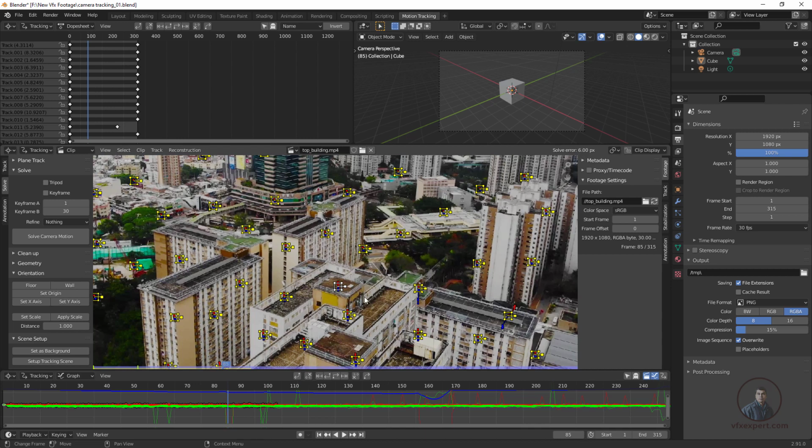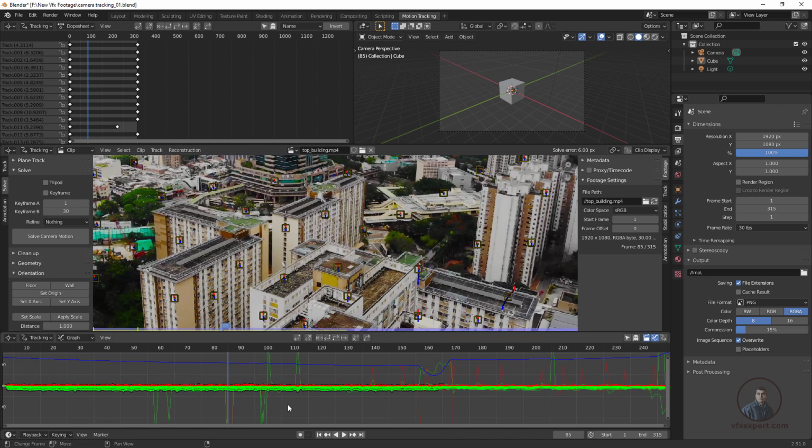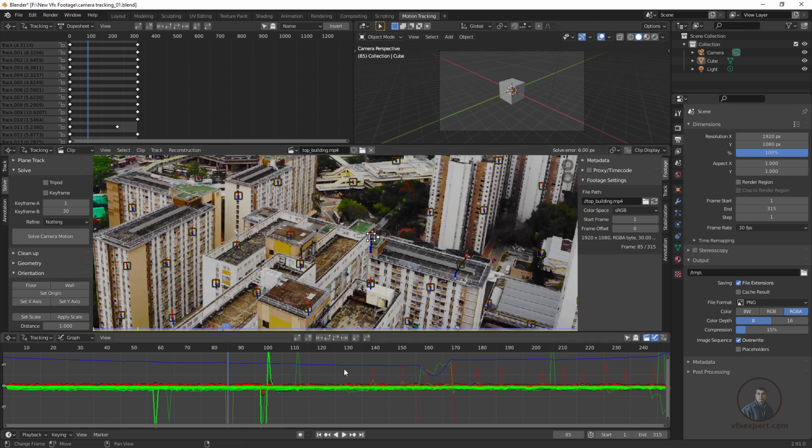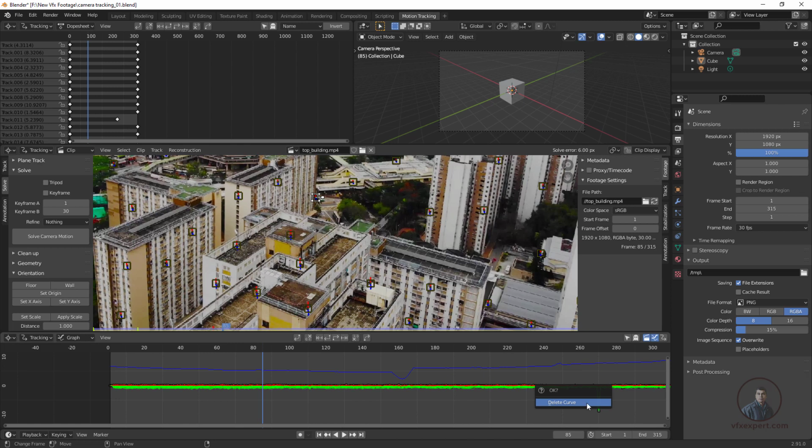So how can we refine all these things? Just come down here to our graph editor and adjust it a little bit. You will see these points, and if you select and click on these points, it will detect here. This is actually a high error point, so you can delete this one. Select here, or on screen you can also select. I have selected this one, press X or the delete button, simply select and delete like this. You can even play and check points one by one. I have selected many, so just select and delete. All the higher error points we have to select and delete here.